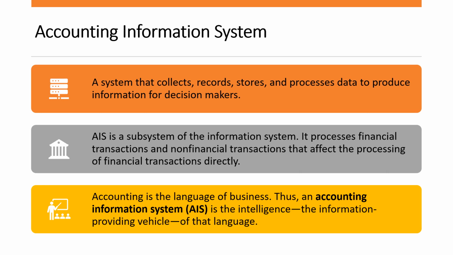So for example, there is keeping a customer file, and if there are changes on the customer name or the address, you need to process that in the system, that is part of it. And then, although this is not technically financial in nature, it is very important for future sales processing of the customer. So in AIS, it is more on financial and non-financial transactions, but that will affect really the financial transactions directly on the FS.